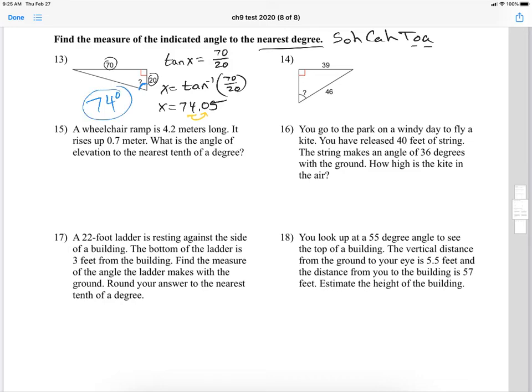All right, number 14. So here's the corner. We're going to call that x. We have the opposite leg and the hypotenuse. Opposite and hypotenuse is sine. So the sine of x is equal to the opposite leg, that goes on top, and the hypotenuse, 46, on the bottom. Again, to solve this, you have to take the arc sine of 39 divided by 46. So on your calculator, hit second, and then the sine button, and then 39 divided by 46. And you get